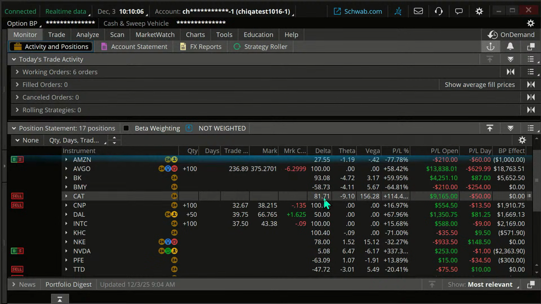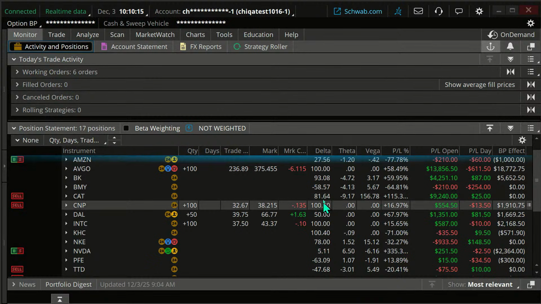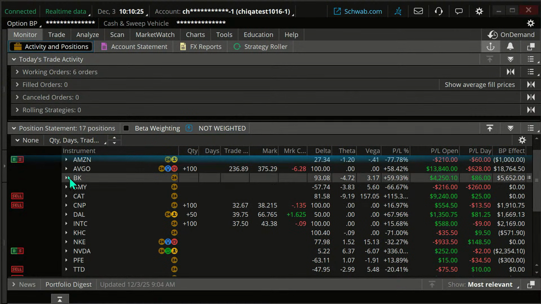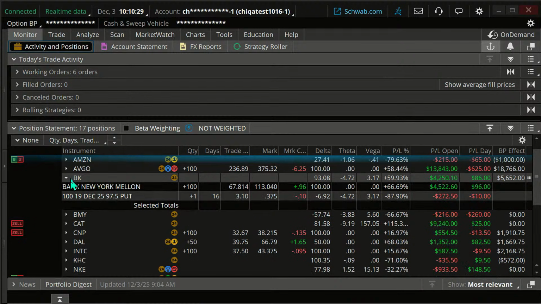But the fact is, if the market moves up because of their betas, one is likely to move significantly more than the other. In other words, I can't compare a $1 move in Caterpillar stock with a $1 move in any other stock, or Bank of America, or Bank of New York Mellon, I should say, excuse me.